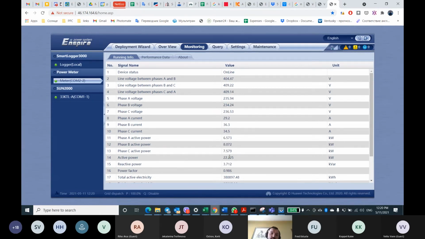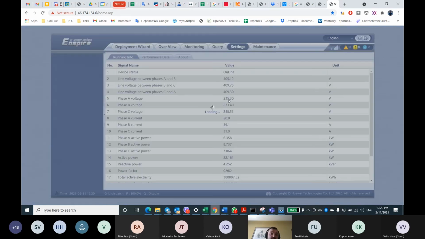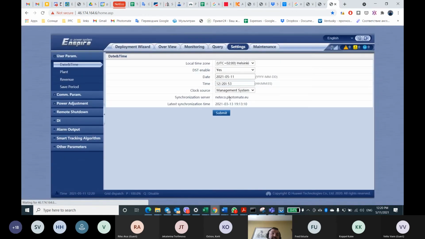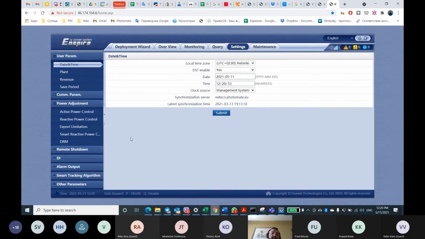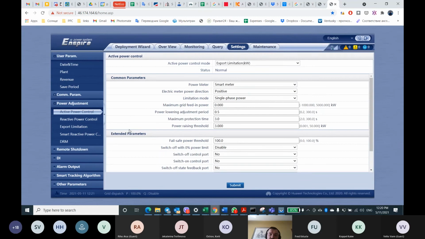So it will reduce up to 0 if it's possible, of course. But at the moment, this installation consumes more energy than the inverter is able to produce. That's why you don't see any limitation. So this one is basically the fast way to check if limitation works correctly. Just change this polarity for a short time, and if the inverter immediately reduces the power, then it works correctly. So hope that is clear.